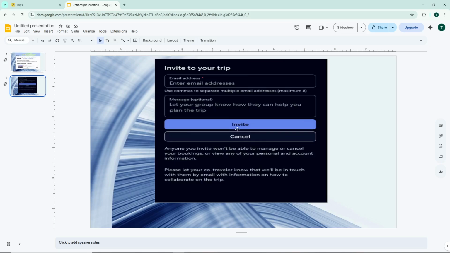Finally, once you've entered the email address and any message you want to include, click the Invite button. This will send the invitation directly to the person's email, giving them access to view the trip details and join in on the planning. And that's it. You've successfully invited someone to your trip on Expedia, making it easier to coordinate travel plans and keep everyone informed